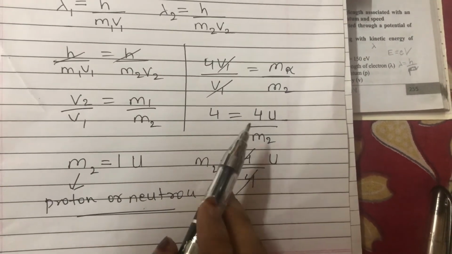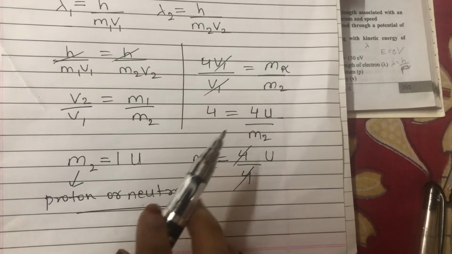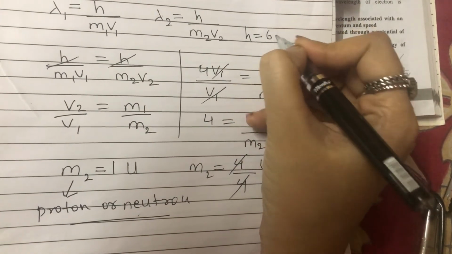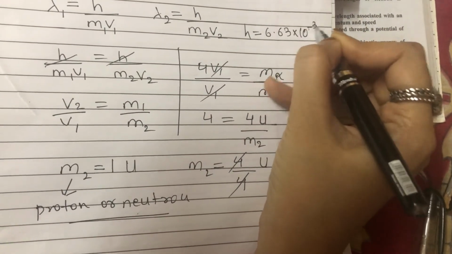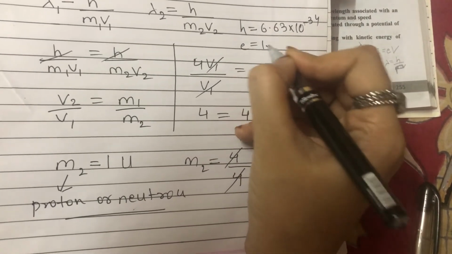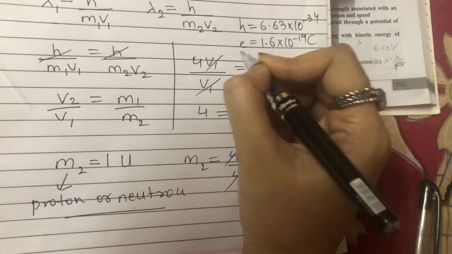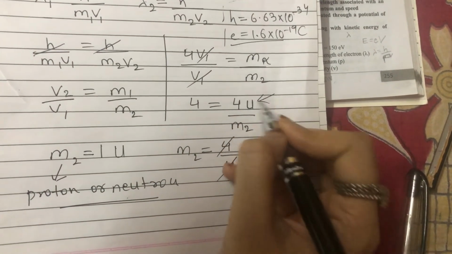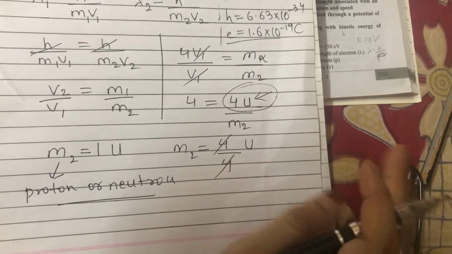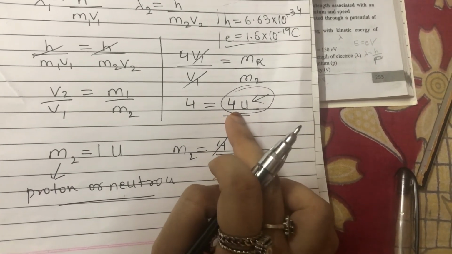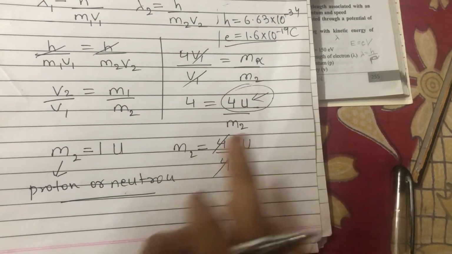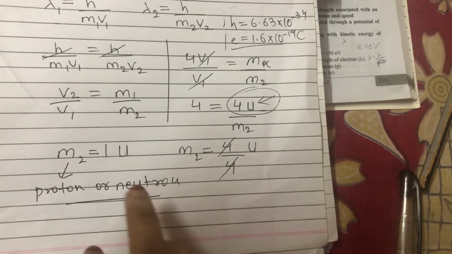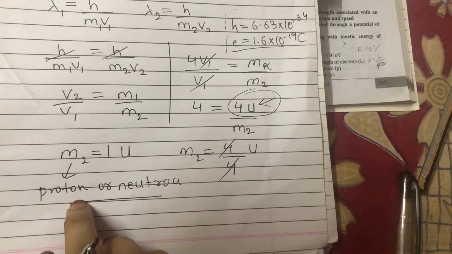And how did I come to know this? This is generally given. This is generally calculated and known to us. Like how we know Planck's constant is calculated and given to us, that it is 6.63 into 10 raised to minus 34, or the charge of an electron, that is 1.6 into 10 raised to minus 19 coulomb. All these things are calculated and given to us, right? Similarly, the mass of an alpha particle is calculated and given to us, that is 4.0062 something, but we'll just be taking this, that is 4 unified atomic mass unit. And for proton and neutron, it is approximately equal to 1. So I can guess that the second particle can be either a proton or a neutron.